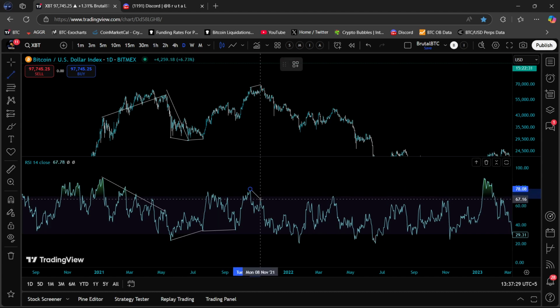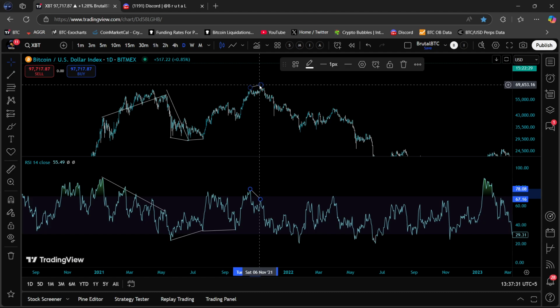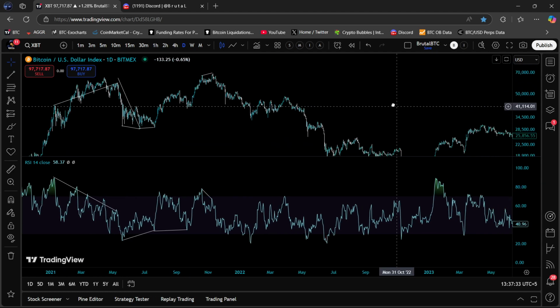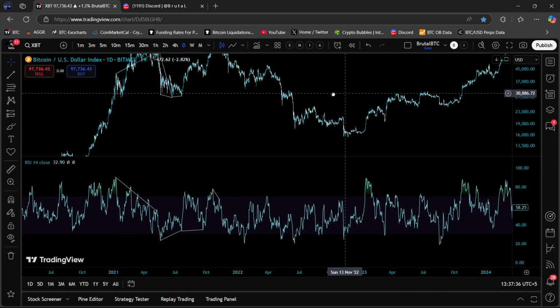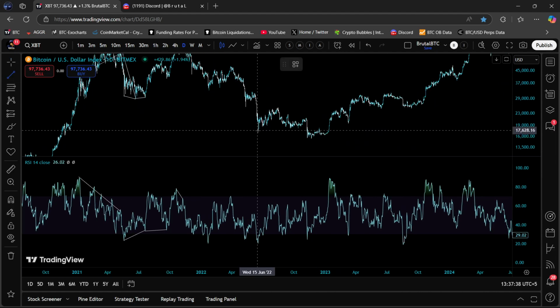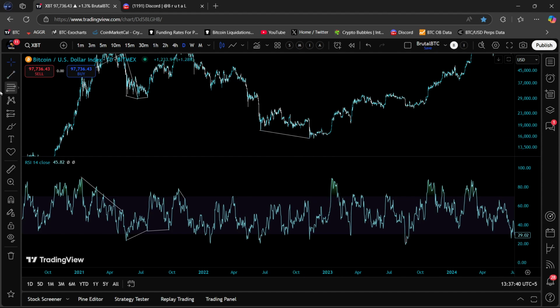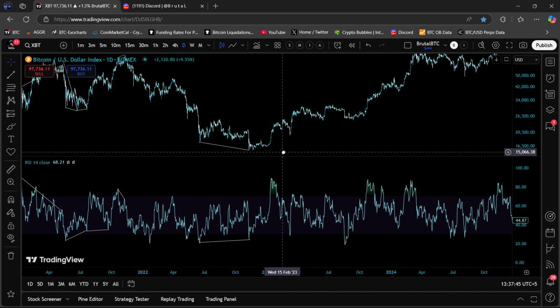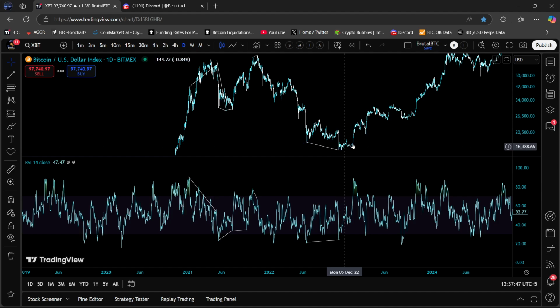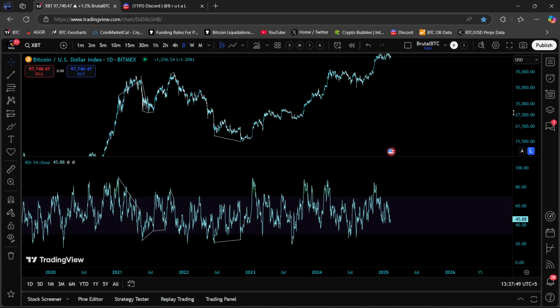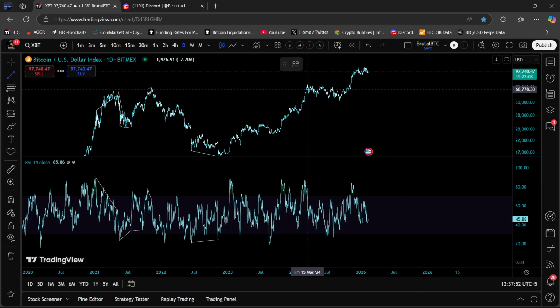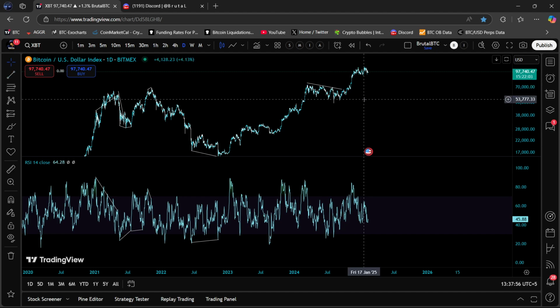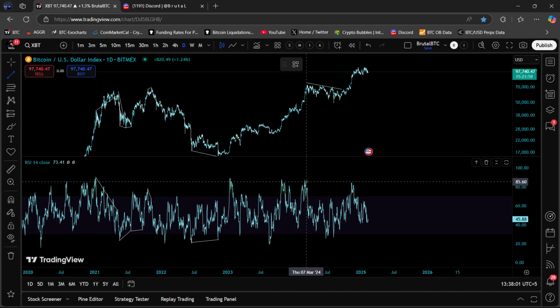I'm just showing you all of this data to make you understand what's happening now. After that, the price made a lower low, and the RSI made a higher low on the higher time frame. Look at this, right? This marked the bottom at 15,000, and you guys know we bought that. Anyway, the price here made lower highs, lower lows on the lower time frame, and same way RSI